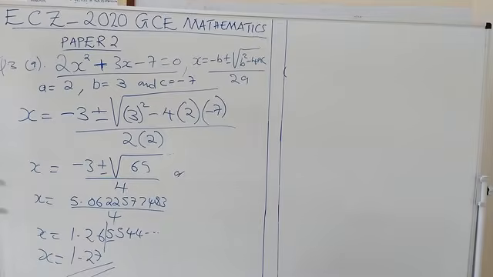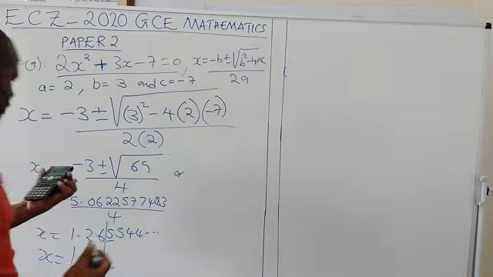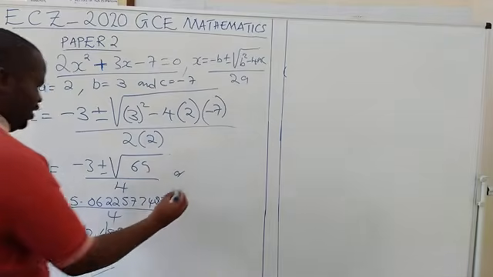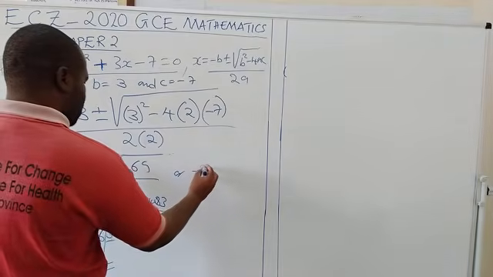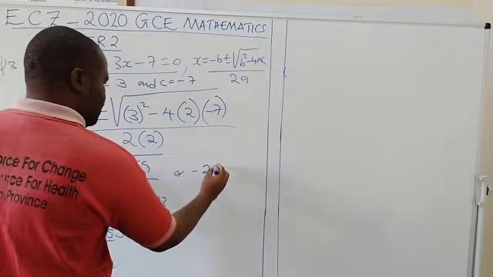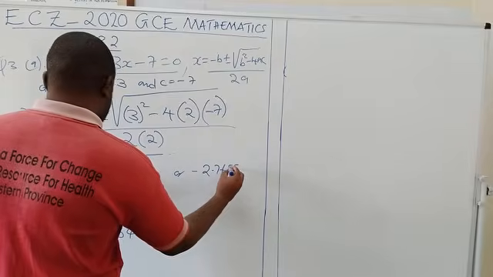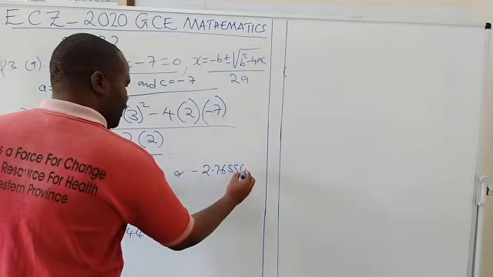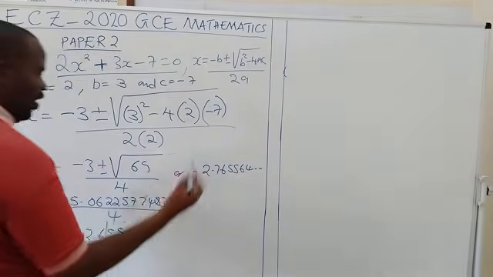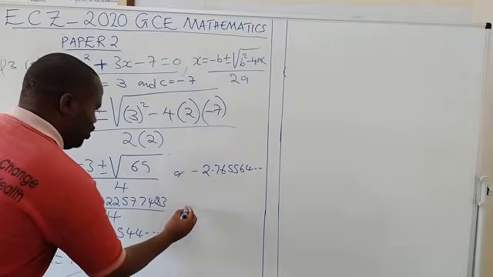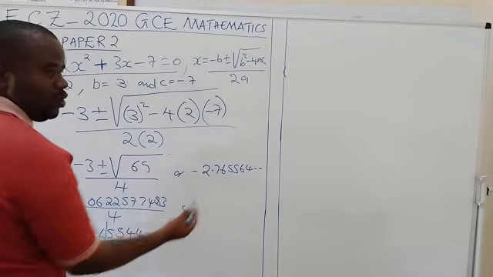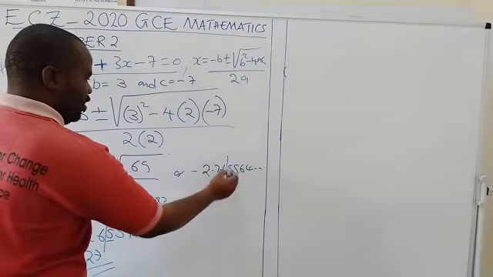Okay, so when you do that, I found the final answer here is negative 2.76556.4. There are some numbers there, you can write all of them. Then you round off that to 2 decimal places. I'm going to say 1, 2, you cut here and consider this one as